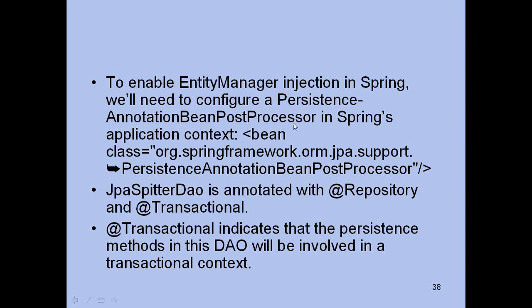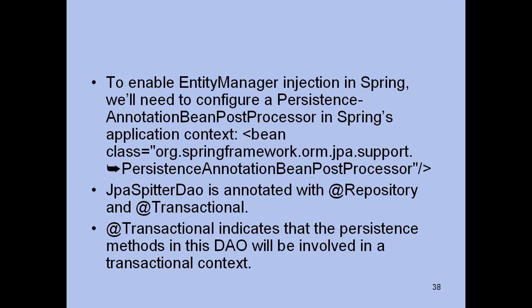I know the names are long, but that is how it is. So you also need to configure bean class equal to org.springframework.orm.jpa.support.PersistenceAnnotationBeanPostProcessor. So that is to enable entity manager injection in Spring.